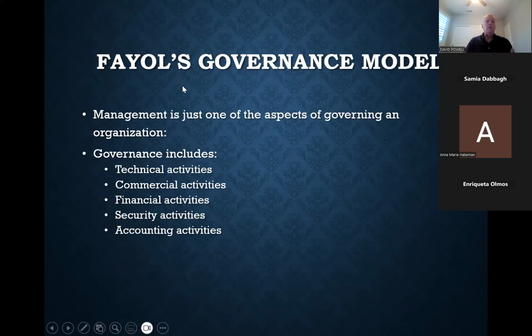Gulick, even though he's known as a principles theorist, is not the only principles theorist. And so we really do need to recognize there are other theorists writing around the same period of time that also were part of this principles approach to studying organizations. Another person who also was part of this principles approach is someone by the name of Henri Fayol. And Fayol presents us with kind of an